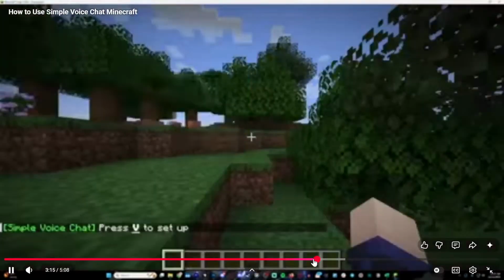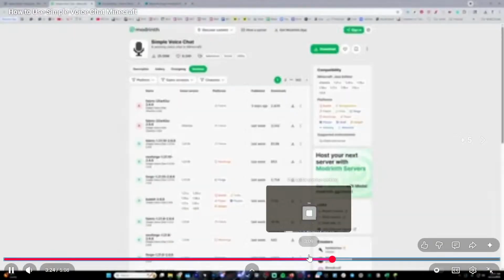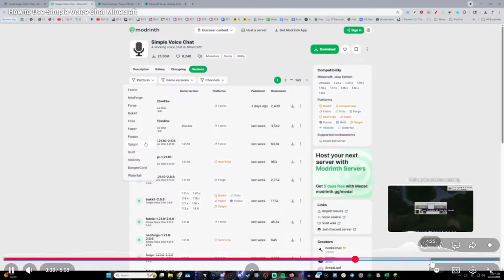For a server, you're going to need the mod on the server too. If you don't have a modded server, what you're going to need is the plugin. This is the plugin. The majority of servers that have plugins are